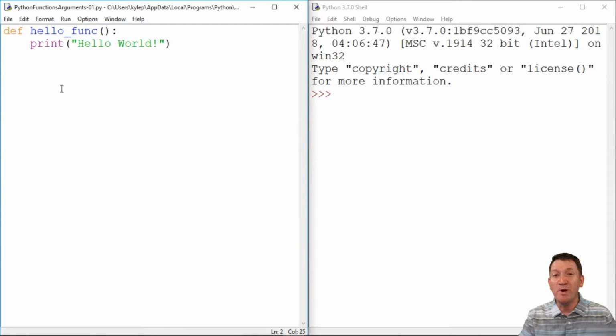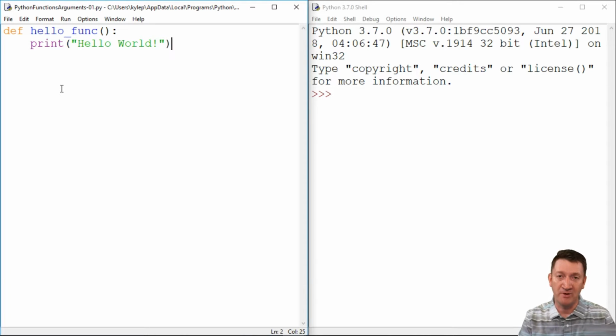So this is huge. We can create our own custom functions inside of Python. We're going to get much more in depth into this in the next few videos, and later on, we'll talk about the object-oriented programming side of Python, where we'll elaborate much more on objects and functions or methods within those objects. But first, back to our simple little function here, I want to talk about passing arguments or passing a